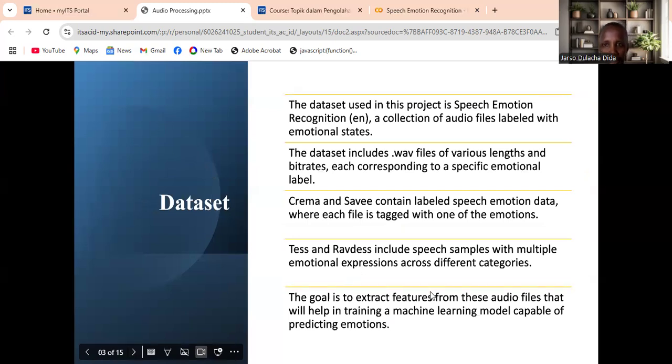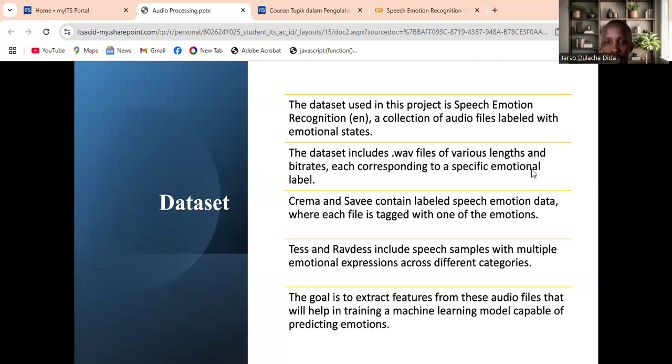Let me say something about the dataset. I used the speech emotion recognition dataset, from Kaggle, which is a collection of audio files with the .wav extension. The dataset includes .wav files of various lengths and bitrates, each corresponding to a specific emotional level.